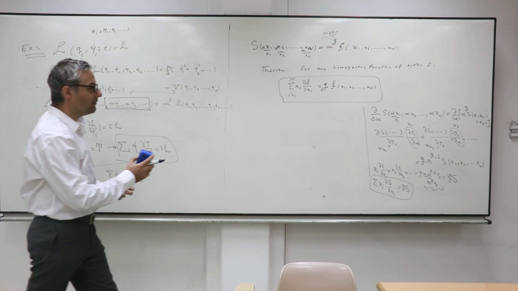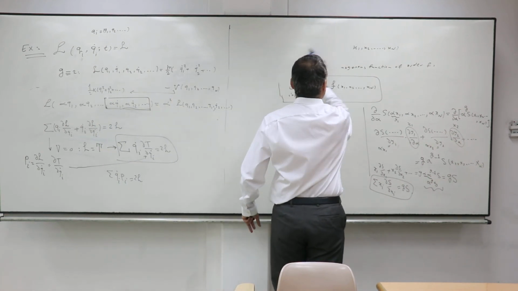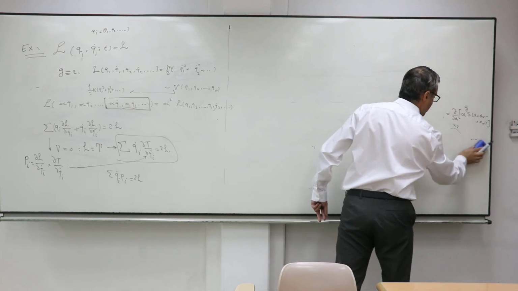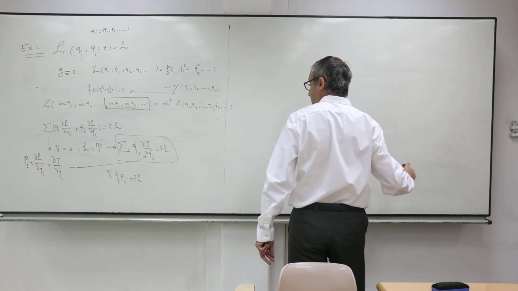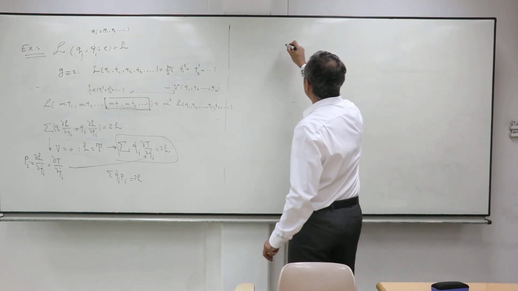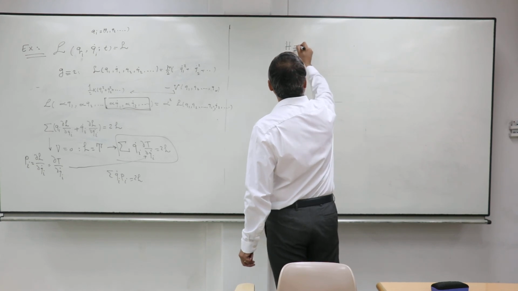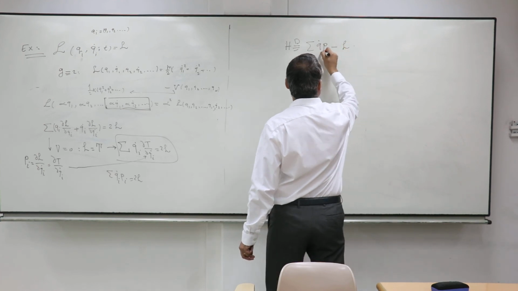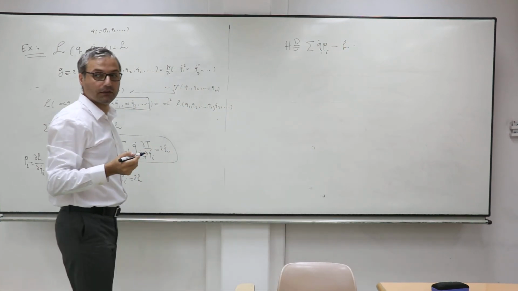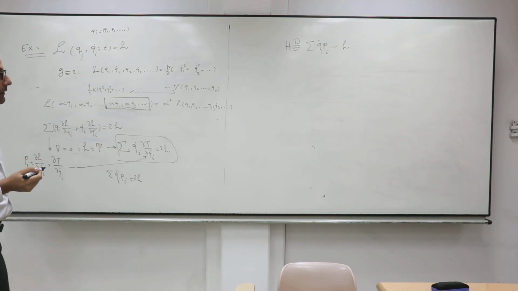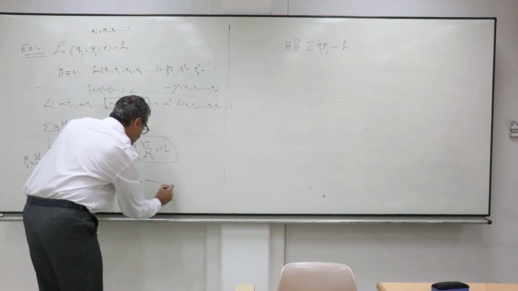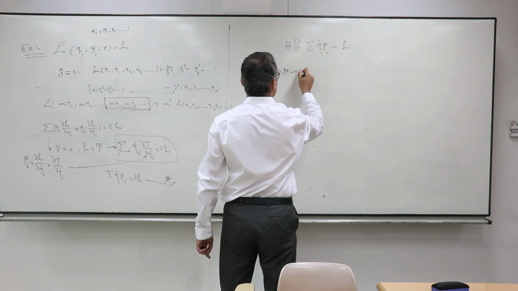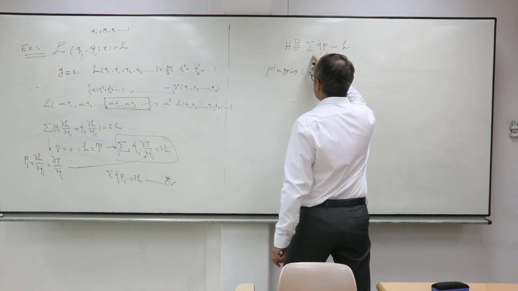Look, I want to develop an interesting equation from here. Keep this information for when you don't have any potential. So you have sigma q i p dot equal to L. If I define the Hamiltonian as q dot p minus L, this is the definition of the Hamiltonian, at least for a time-independent system. Using this fact, if you plug the star into this equation, we get, instead of sigma p q i